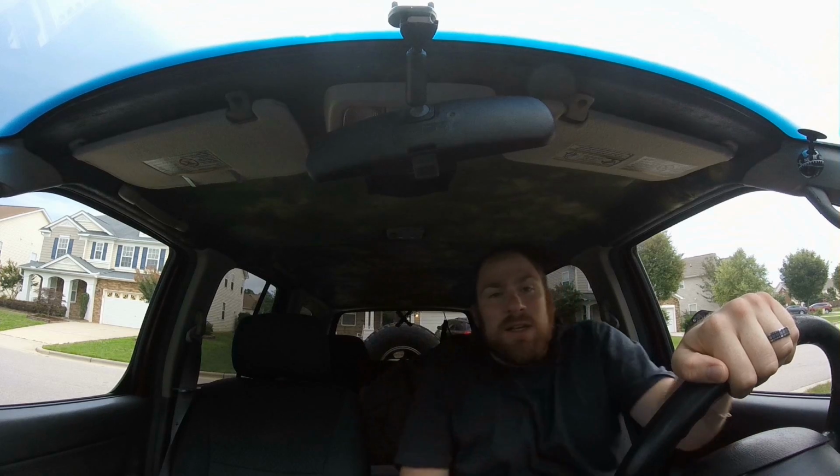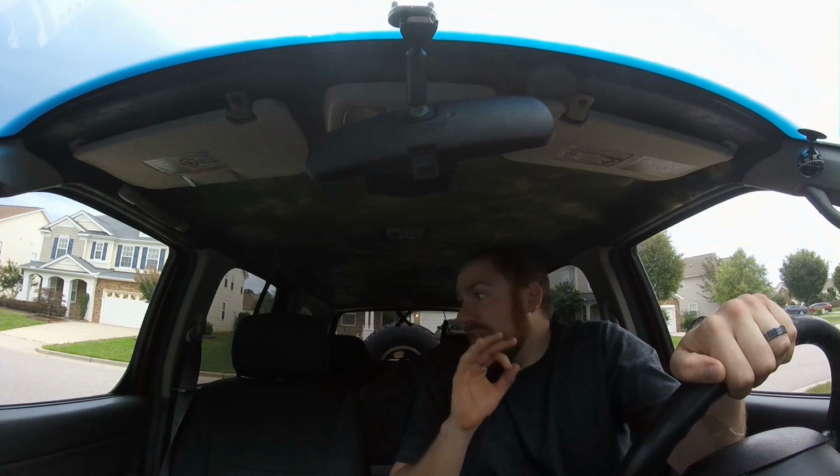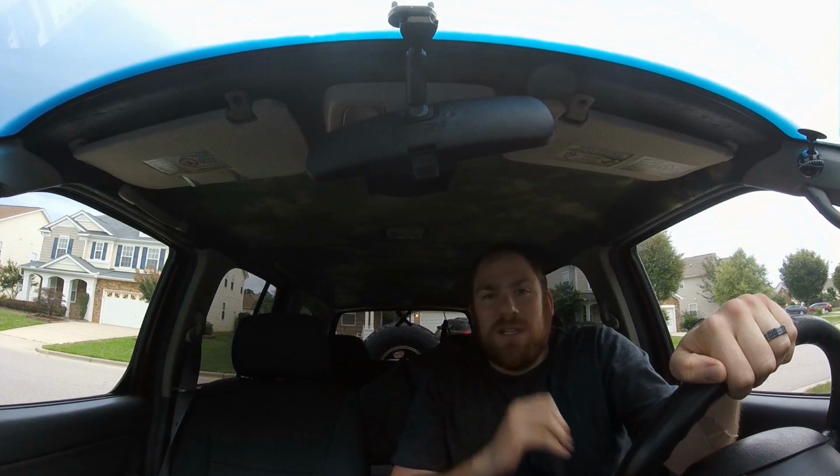Hey guys, this is my 2004 Nissan Xterra, and I was asked to do an overview video of all the different modifications that I've done, so we're going to start with the interior. So the first thing that you might notice is the headliner here. This isn't really a modification that I particularly care for a whole lot, but pretty much any old vehicle will